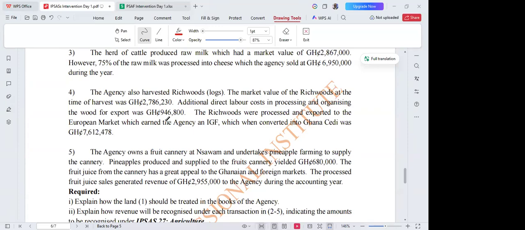4. The agency also harvested rich woods, logs. The market value of the rich woods at the time of harvest was 2,786,230 Ghana cedis. Additional direct labor cost in processing and organizing the wood for export was 946,800. The rich woods were processed and exported to the European market, which earned the agency an IGF, which when converted into Ghana cedi was